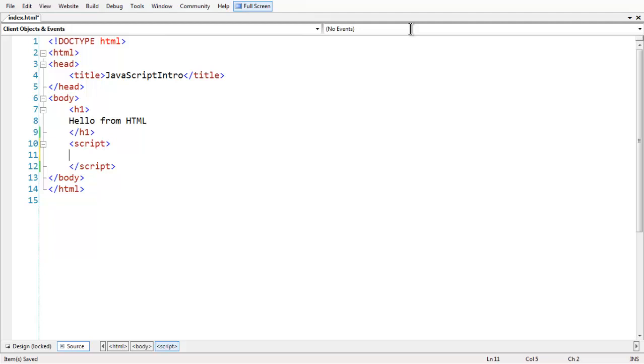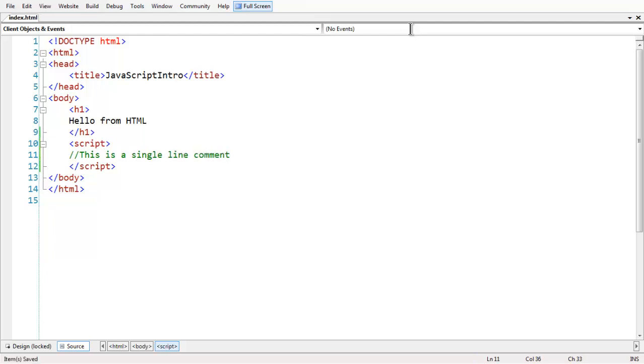Okay, so in this lesson we are going to learn about comments in JavaScript. There are two types of comments in JavaScript. One is the single line comment, which goes like this. You can have a small message here: this is a single line comment.